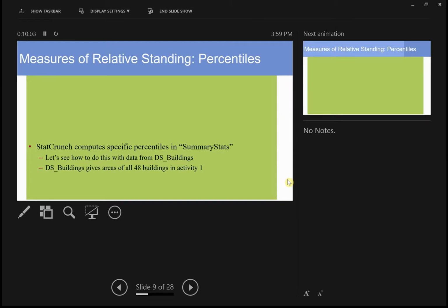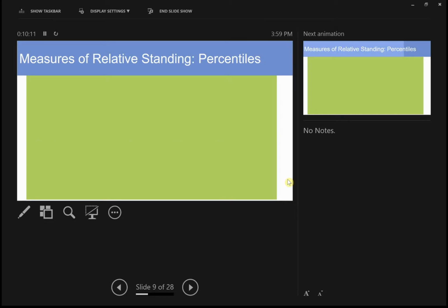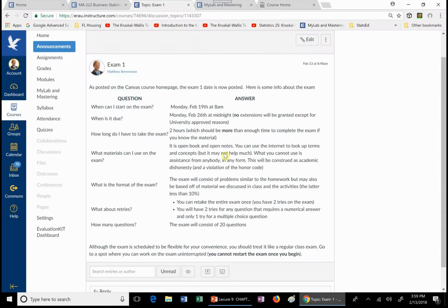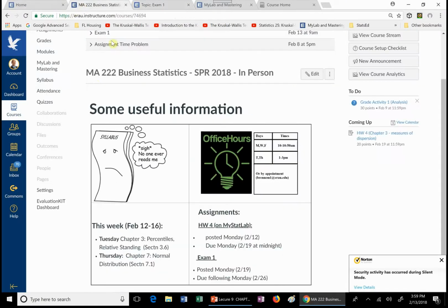We're going to go to summary stats, and we're just going to compute it directly in summary stats. We're going to see it's really simple. So let's go ahead and open up that data set. It's called, so this is in modules, right? If you go to modules,